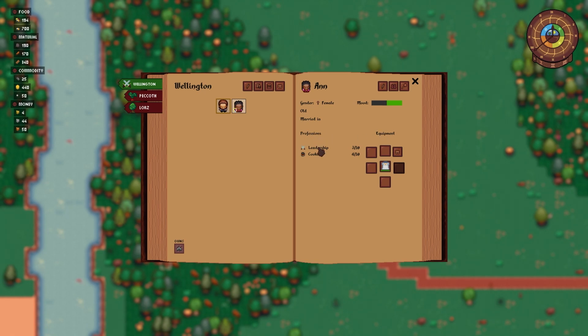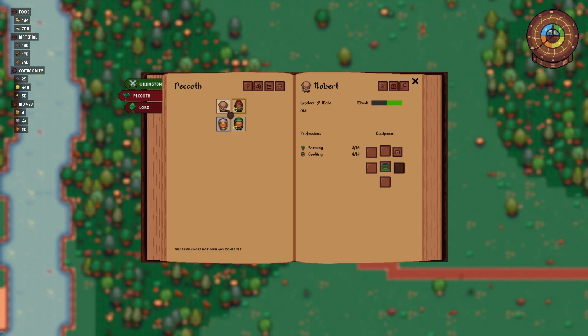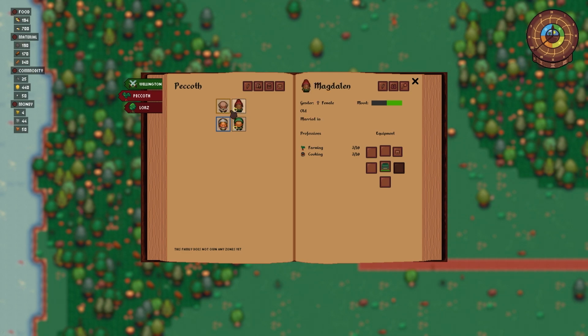So her professions are leadership and cooking, I guess, and financing. Ooh, I'm a financier. That's not true in real life. All right, so I don't have to worry about fishing right now. I have the Peacoths, old Robert, the patriarch of the family, the matriarch Christina, and Magdalene, and I